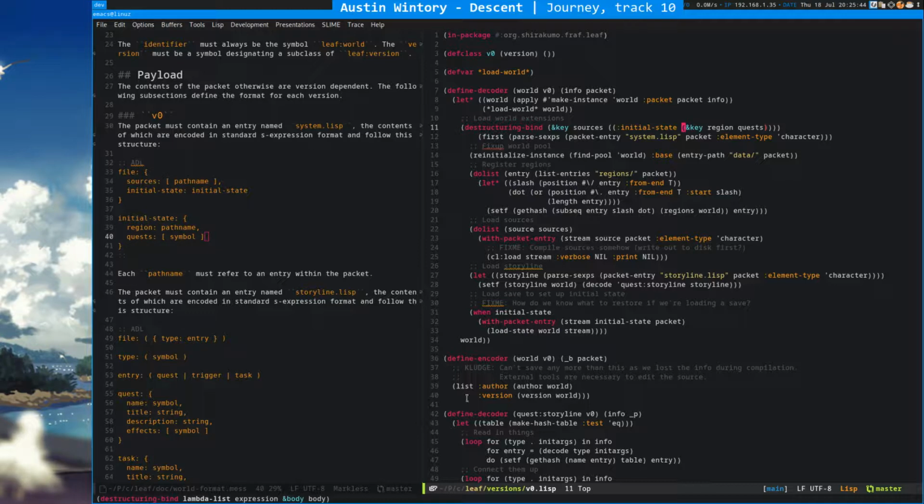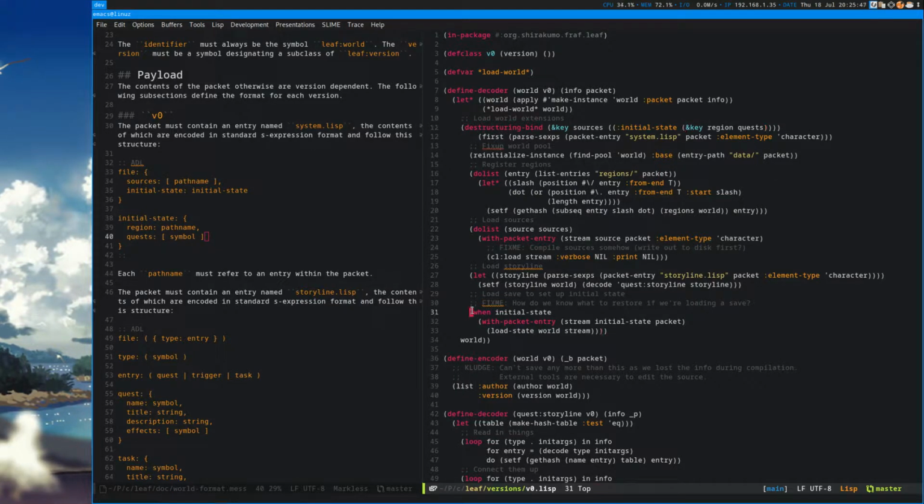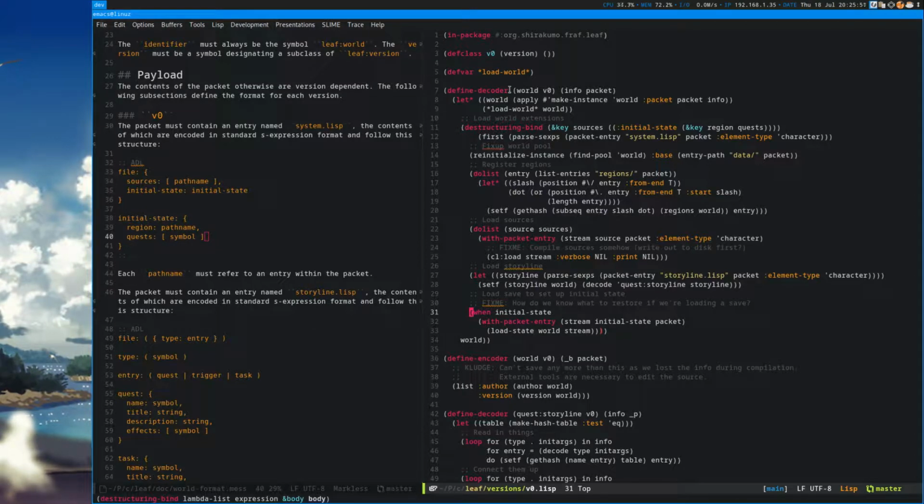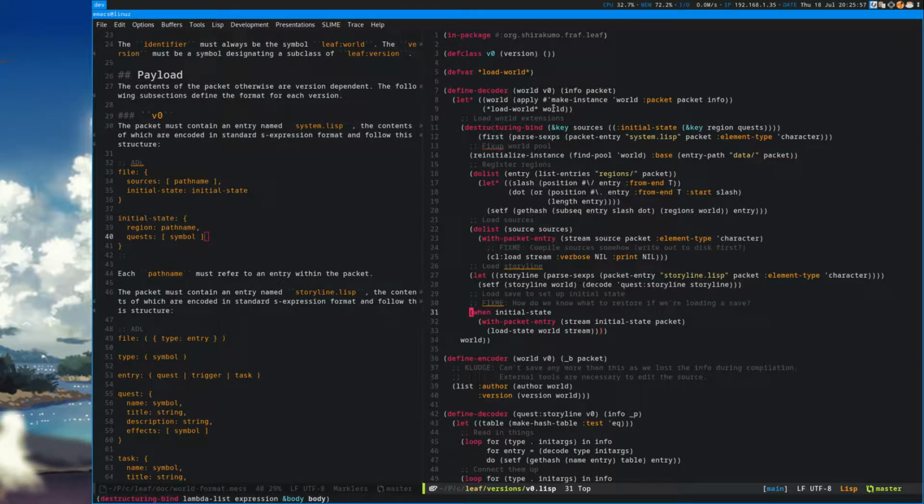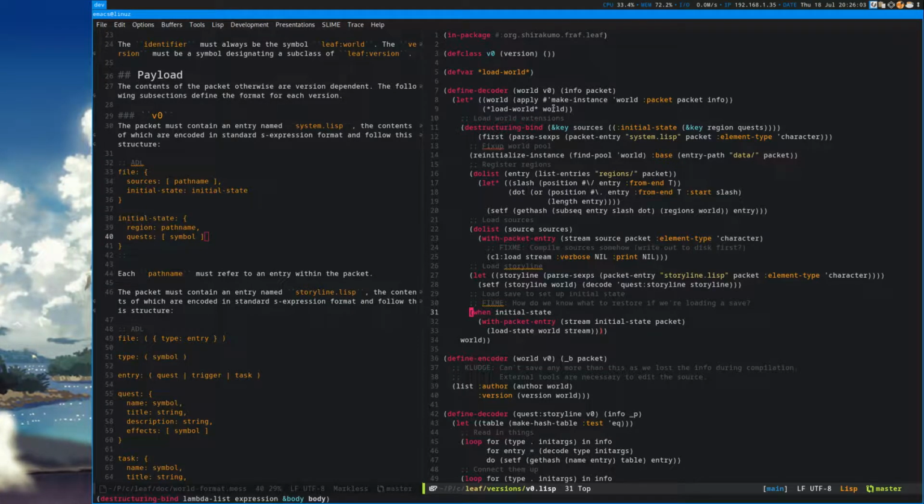You could argue that this initial state setup should be done somewhere else. So you load the world except for the initial state, and then you either load this initial state, or you load some kind of other save state.